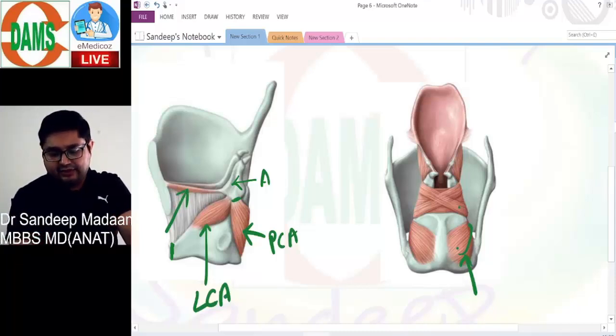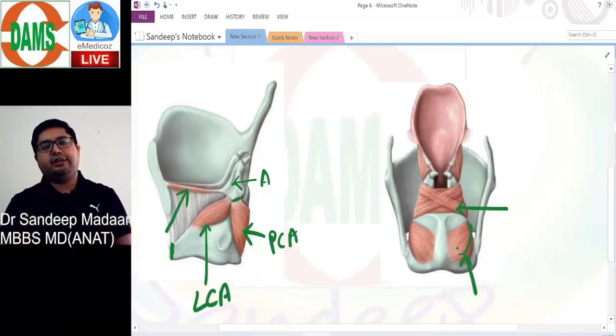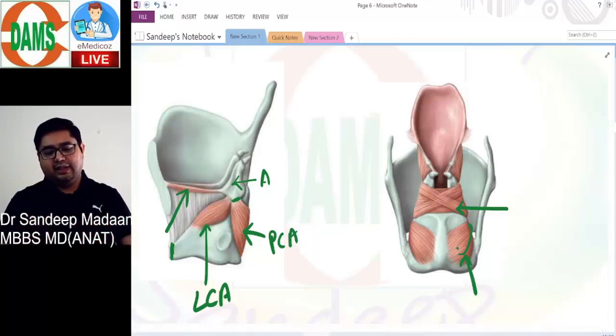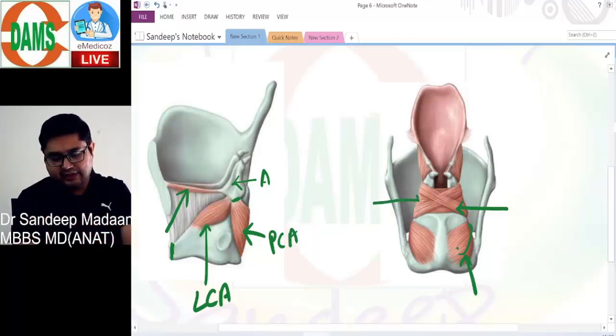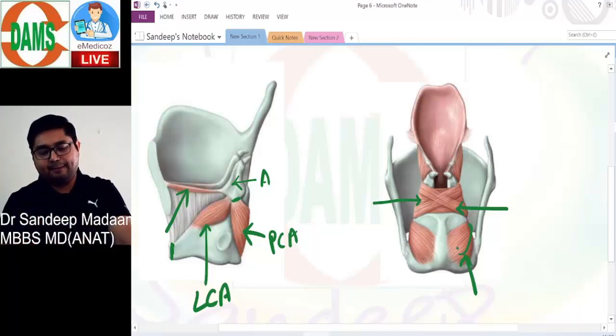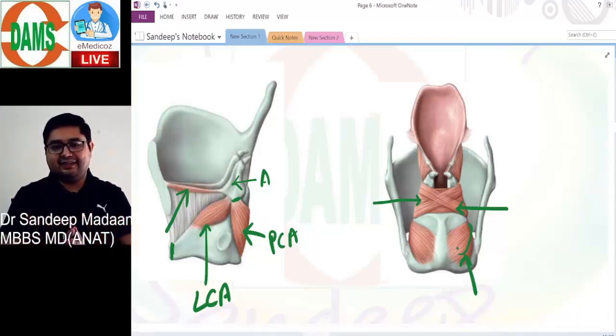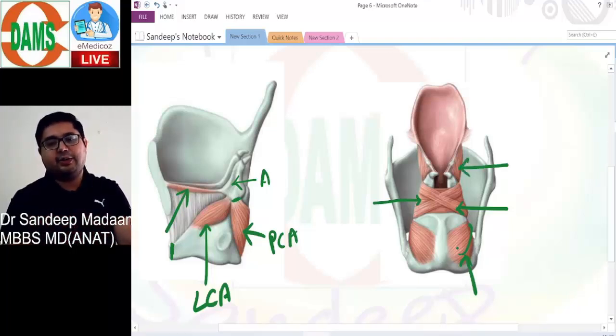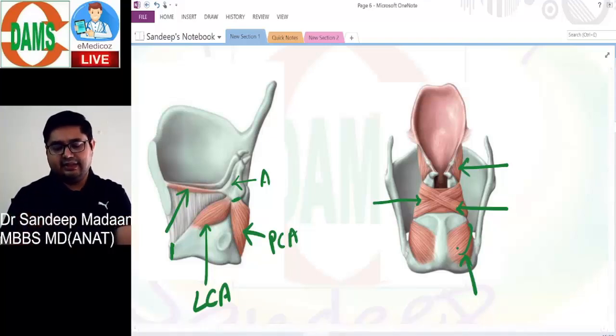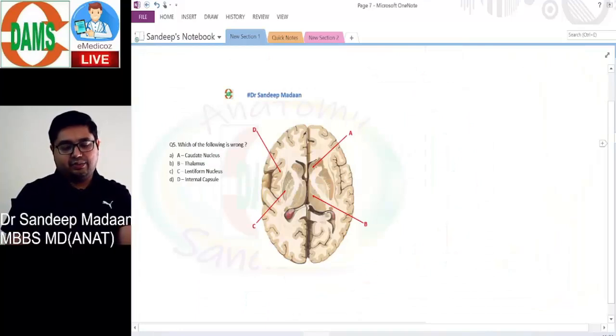What about these muscles? This is the oblique arytenoid, which is connecting the arytenoids in an oblique manner. And this muscle here you can see is the transverse arytenoid. The transverse arytenoid is the only unpaired muscle here, right? It is the central muscle. And this is the thyroarytenoid. So these are the muscles of larynx, and as we have discussed, PCA is the only abductor of the vocal cord. Coming to the next question,